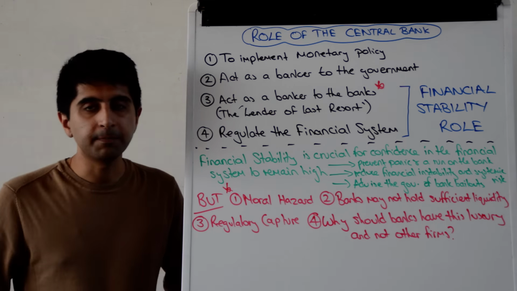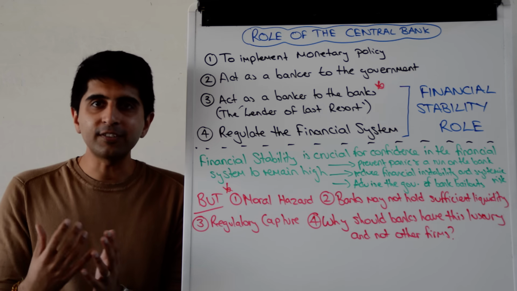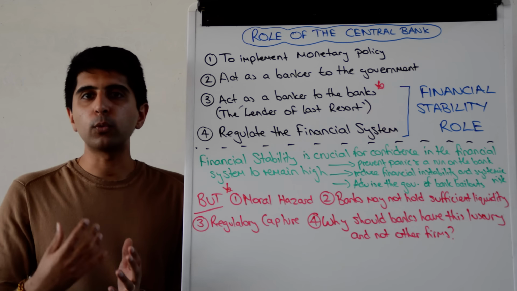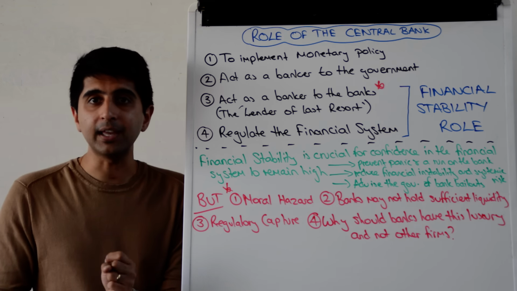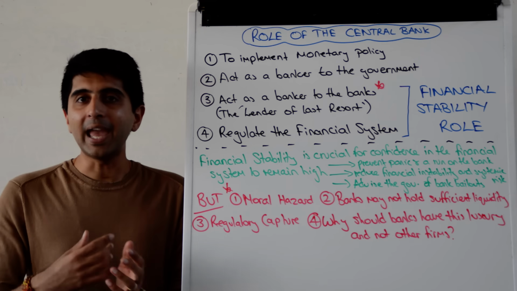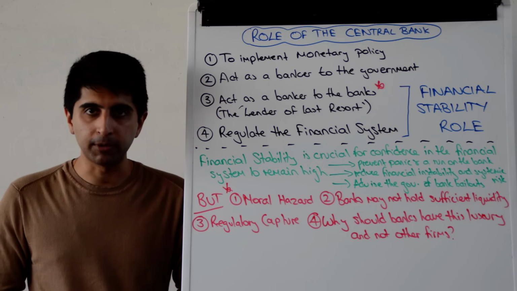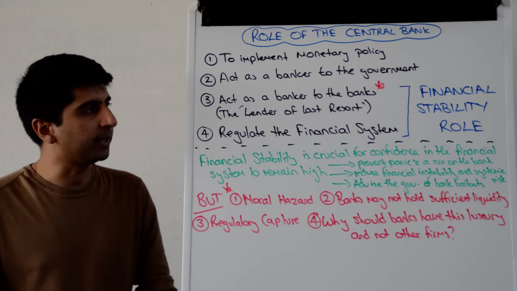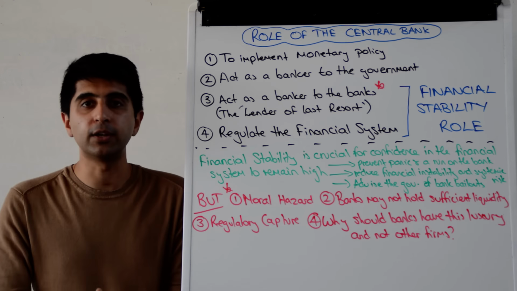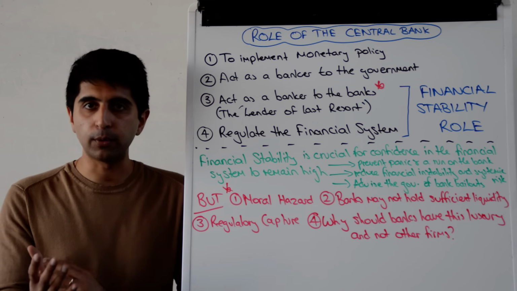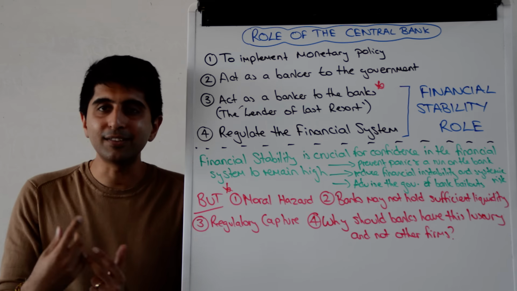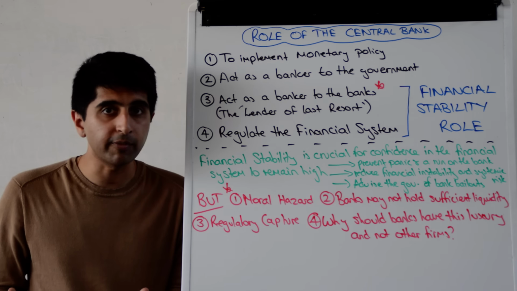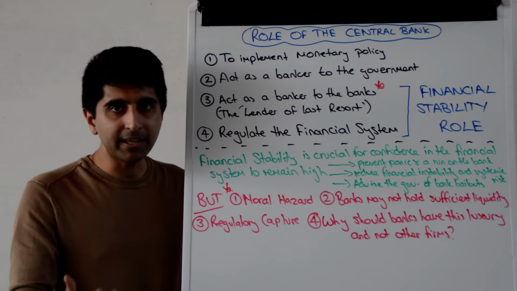banker to the government. We've learned that in order to set interest rates, the central bank will need to alter the money supply. And one tool available to the central bank is open market operations, engaging in the buying and selling of government bonds. Now in the UK that's not a big deal. In the US that's a much bigger deal. That's how the Federal Reserve over there will set interest rates. In that sense, the central bank can buy and sell government bonds on behalf of the government. In that sense, acting as a banker to the government.